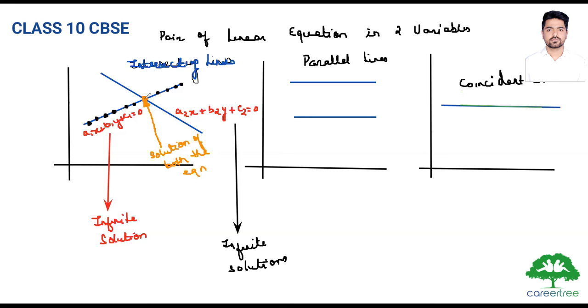So it means what? When lines are intersecting, we will get one common point where they are intersecting, and that particular point will be called the unique solution of that pair of equations. That is why we are calling it a unique solution. This is the unique solution which will satisfy both the lines, but individually they have infinite solutions. Let me show you an example.